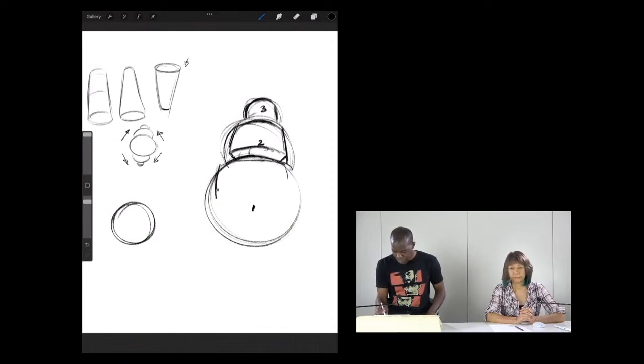So I'm taking our snowman, okay, and I'm making more of a box-like form here to overlap